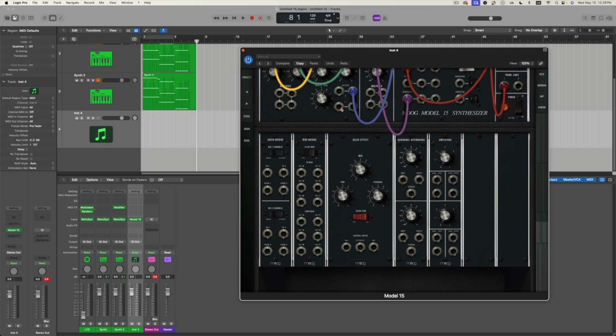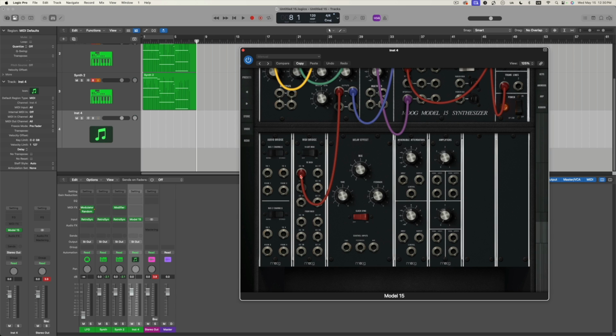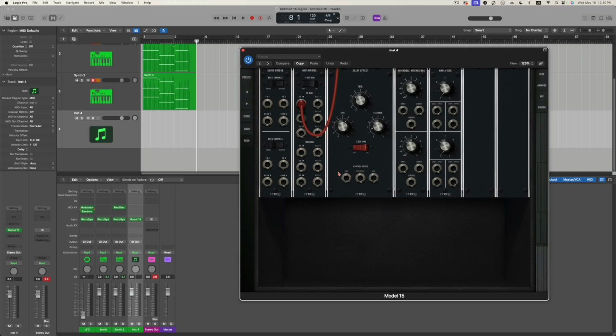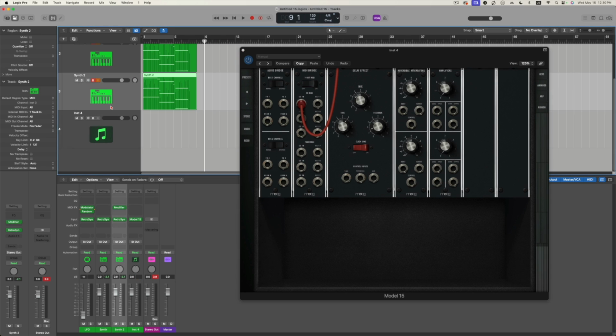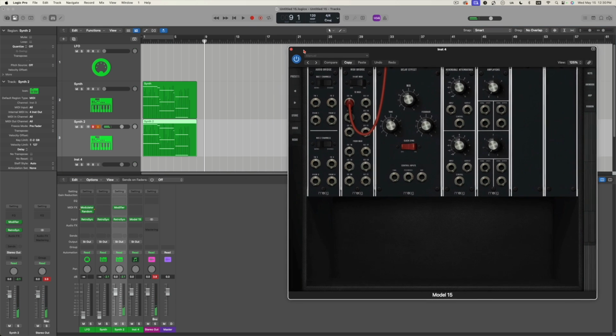So we could use like an LFO from here. I'm hoping to figure out how to use the step sequencer, although I haven't figured that out yet. Let's pull this output from the mixer and just put it into CC16. That's fine. And let's see if this is actually doing any data for us. I'm going to go over to the internal MIDI in, instrument output, Model 15. Cool. And I want to turn off the other instruments for a moment. So right this moment, we might not be able to use this. That's going out